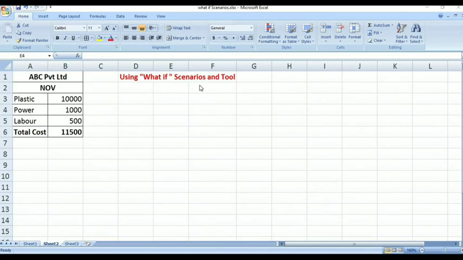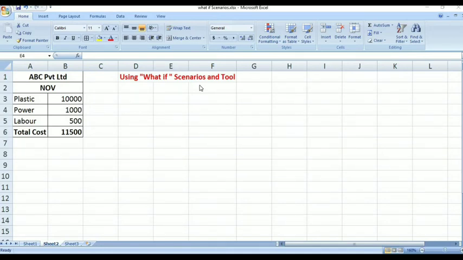Let's take a situation. Suppose that you are calculating an unknown value and you could try solving it on your own by putting different kinds of value until you find the right answer. This method could take a lot of time and effort.